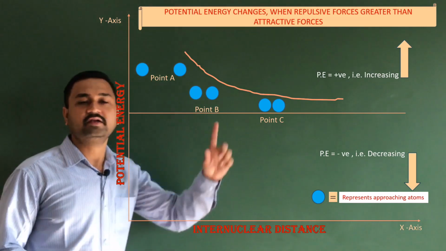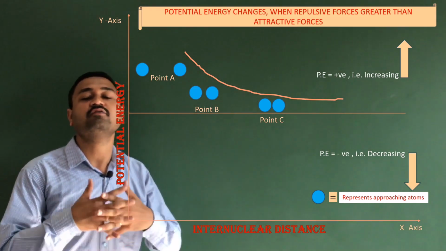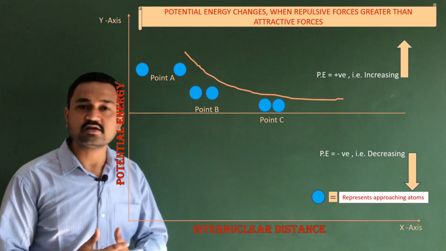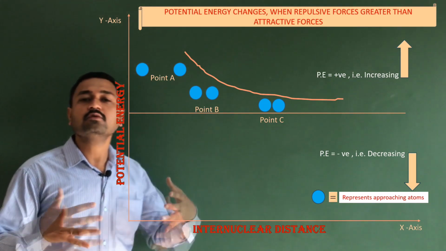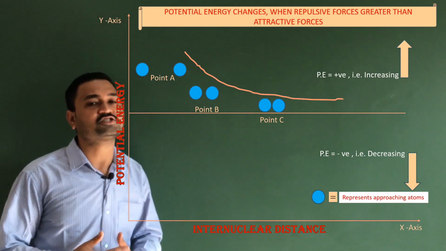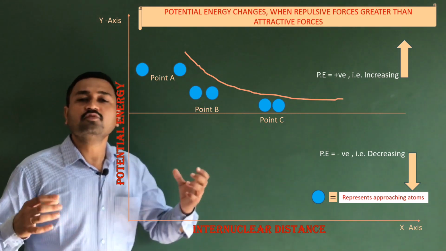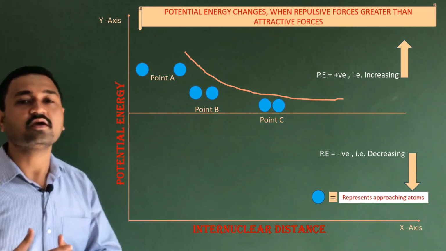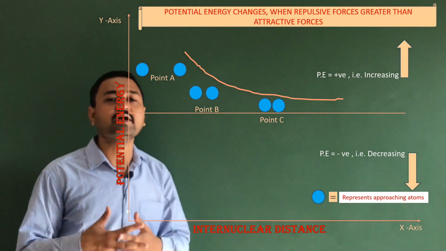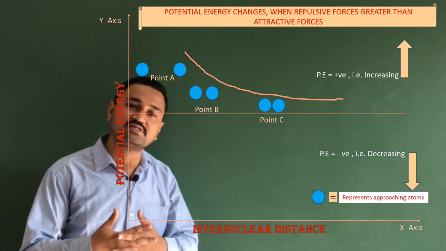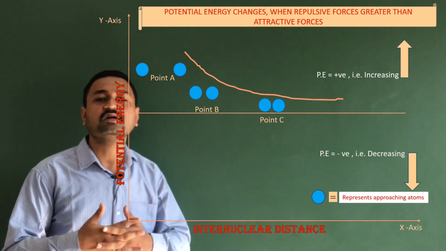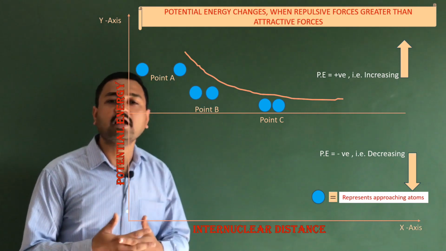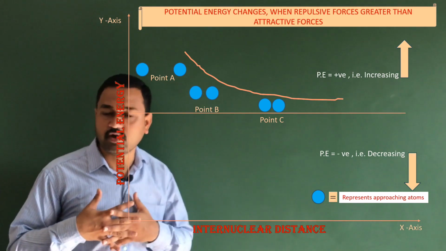Here you can observe that at the point A, the two atoms are far away from each other, so there is no question of development of any interacting forces there. Now at the point B, the force of repulsion is greater than the force of attraction. At that point B, if we try to bring them close, then the potential energy of this system goes on increasing, and now at the point C, if we again try to bring them close, then the potential energy of that system goes on increasing. As a result, there will be no overlapping between the atomic orbitals of these atoms, and this will not result in the formation of a covalent bond.